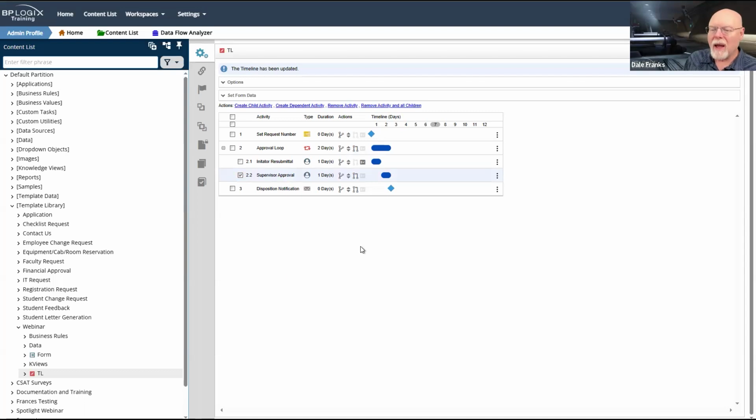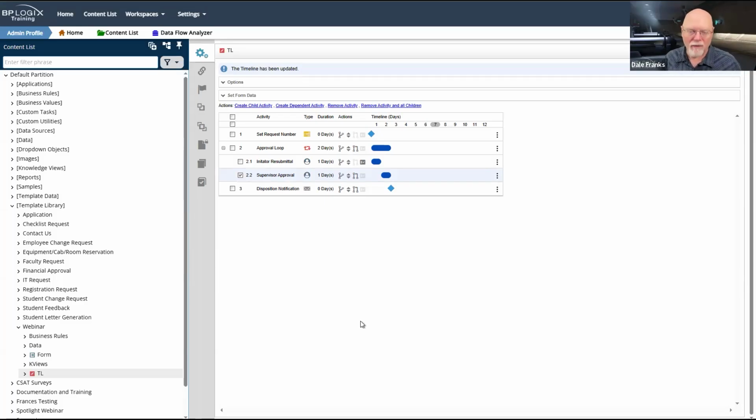And in the future, this is going to become way more convenient, because what I'm going to be able to do in the future, we haven't built it yet, is copy and paste timeline activities. So I can take this supervisor approval and paste it, and it's going to have all of my results and everything all done.